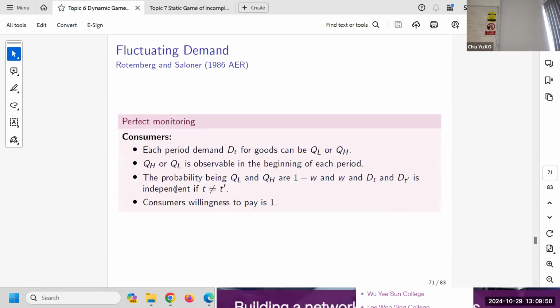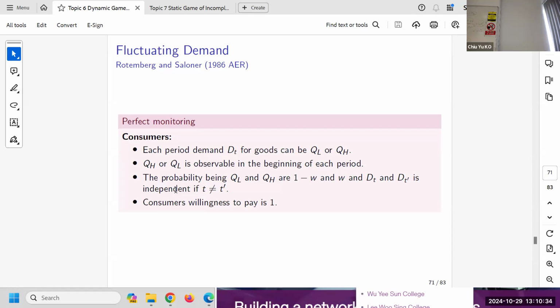So I think it's good to start with this paper, often you see it, the macro paper, which comes up with something very counterintuitive. It tries to understand the counter-cyclicality of price, where the price in a good time is lower than the price in a bad time. In general, you expect that when the market is good, the price is higher, and when the market is bad, the price is lower, right? This is trying to show you that it's possible in repeated games, because repeated games allow you anything. There's something funny in this model. Okay, let's see the model.